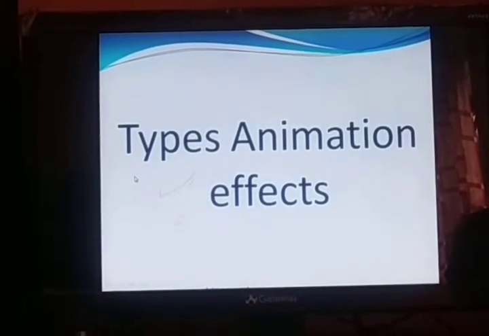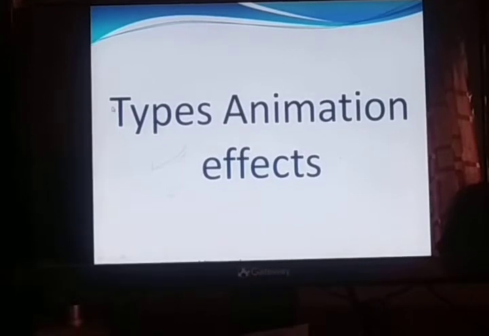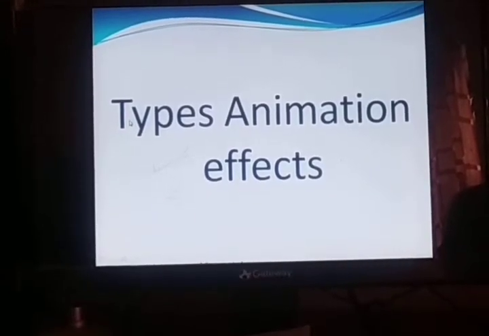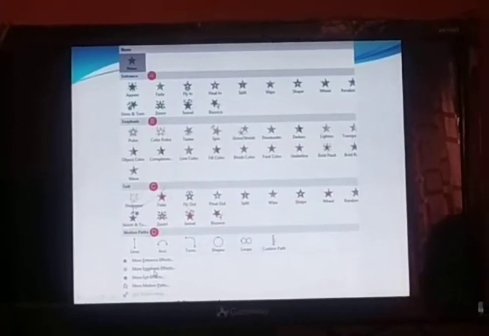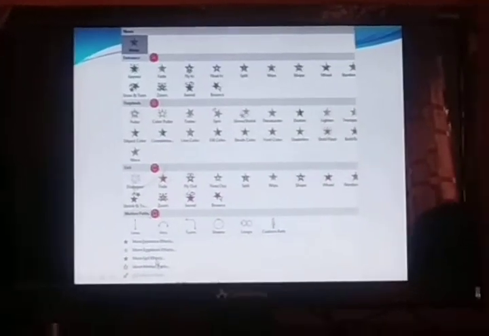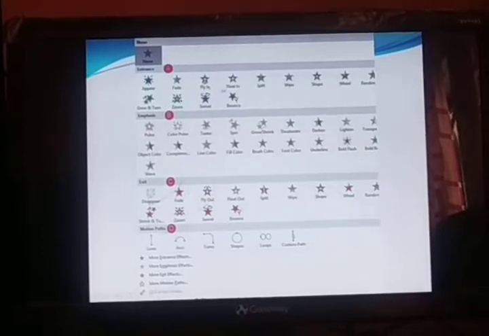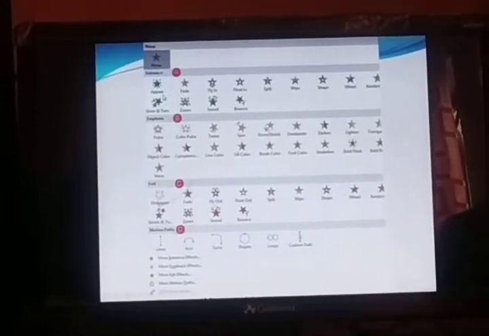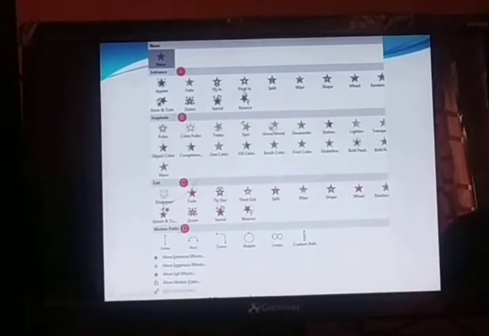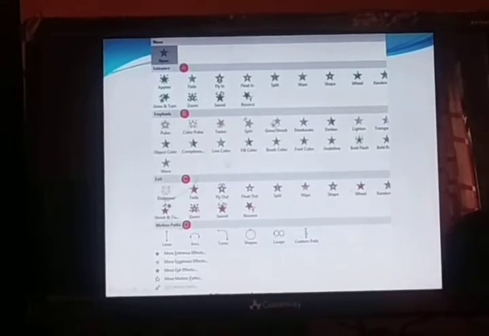Next, types of animation. There are 4 types of animation. First is entrance, second is emphasis, third is exit and fourth one is motion path. Each of them has different examples. Entrance has appear, fade, fly in, float in, split, wipe, shapes, wheel, random, and so on.